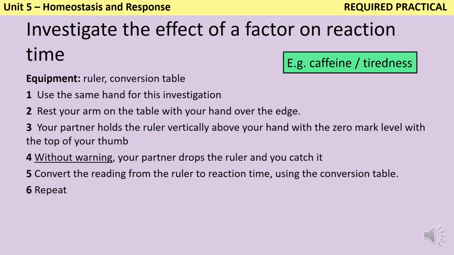To increase the validity of the experiment, you should always use the same hand for the test, and the ruler should always be placed in the same position, with the 0 mark in line with the top of the hand before you start. Your partner drops the ruler without warning, so you don't have an opportunity to anticipate them